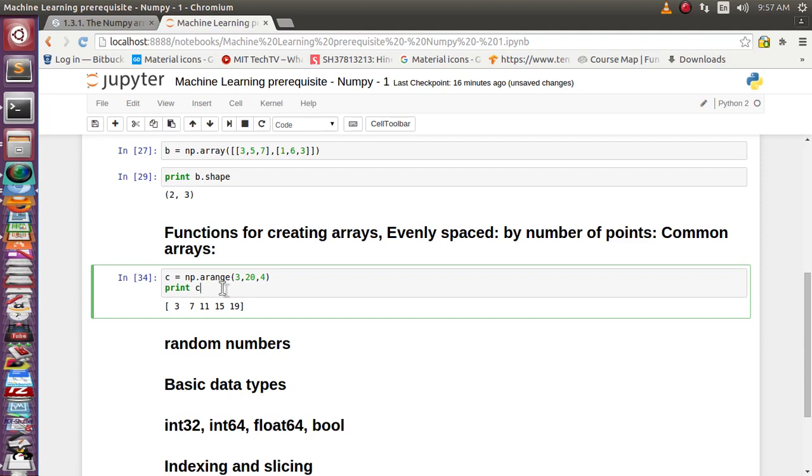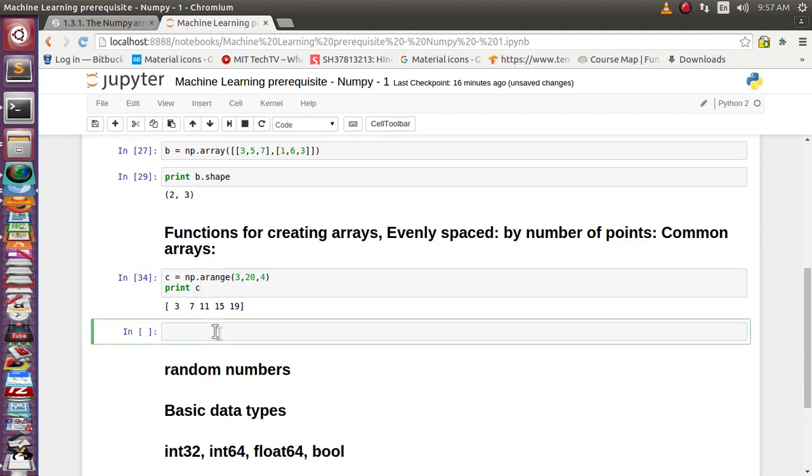There is one more function, where by the number of points you can supply, you can create the array. For that NumPy provides the linspace function. So what does the linspace function do? You can give the start value and ending value, and you can provide the number of points or number of elements in the array you want to create.